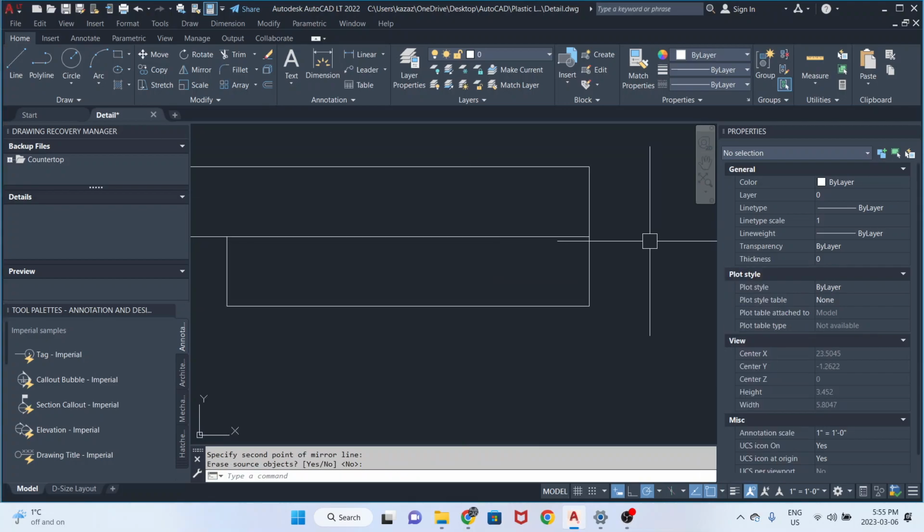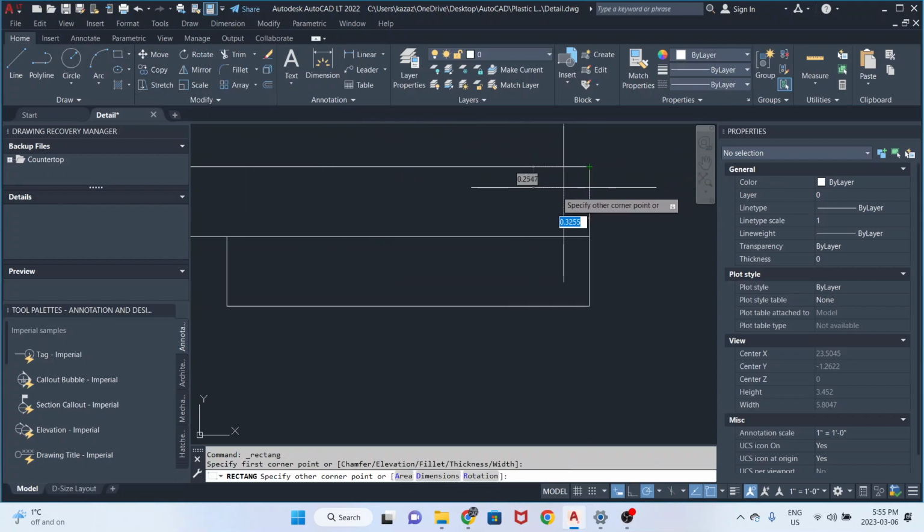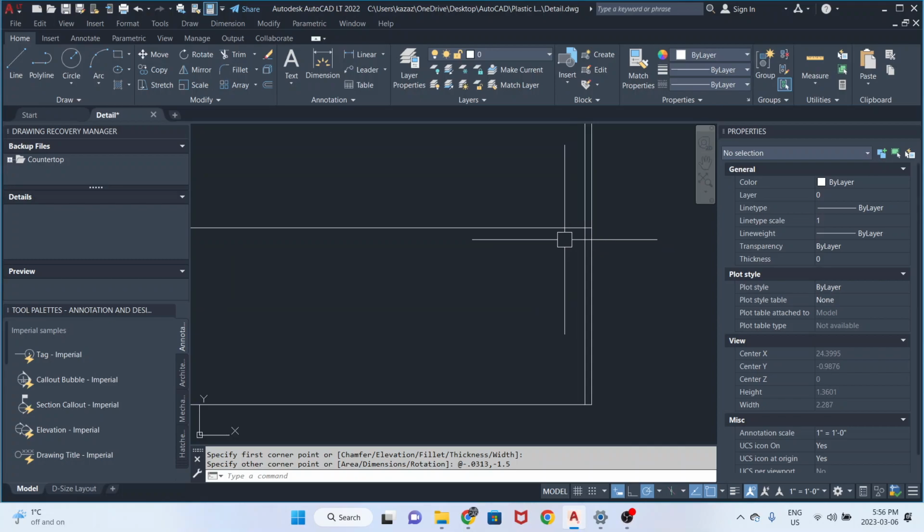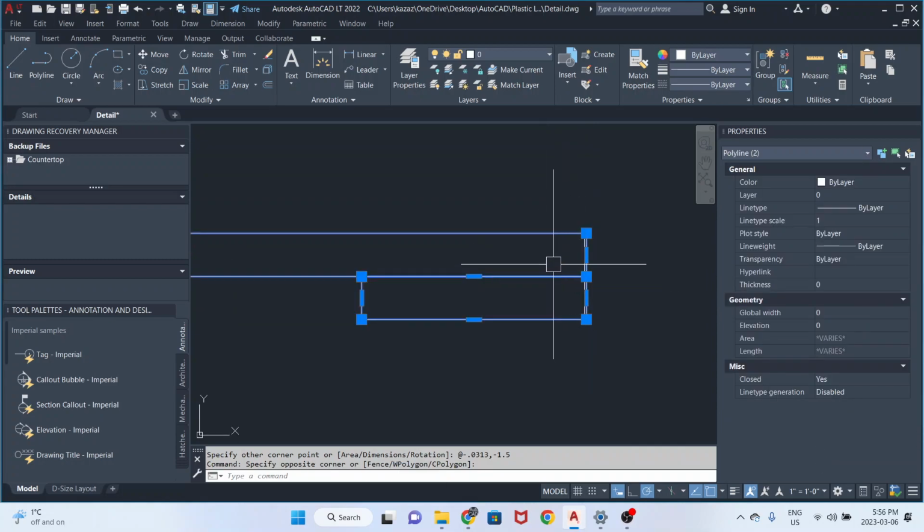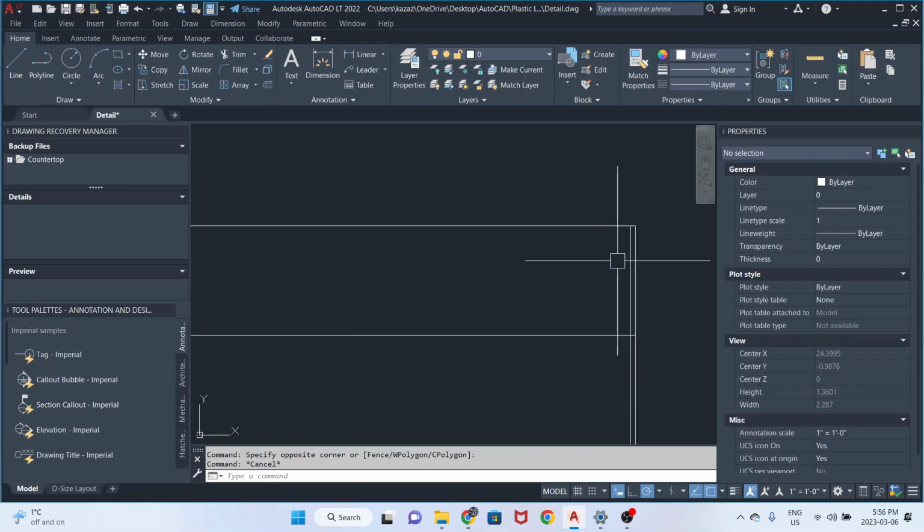Okay, let's go in the front. We'll start from here. We'll say negative 0.0313. That's the 3/32 thickness of our plastic laminate, comma negative 1.5 inches. So that's the thickness of our plastic laminate. Okay. And the same thing we are going to give